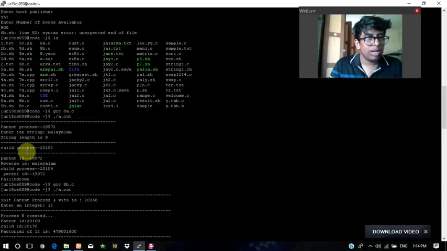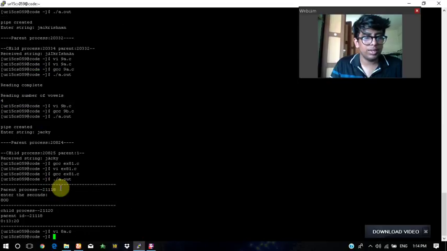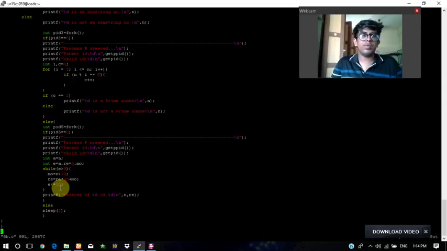Now after executing it, we'll get an output like this, where we enter the string as Malayalam, and the string length is calculated. After that, the string reverse is also Malayalam, and we can see that it is a palindrome string. So this is the output for that question. After that, we'll go to the third part,